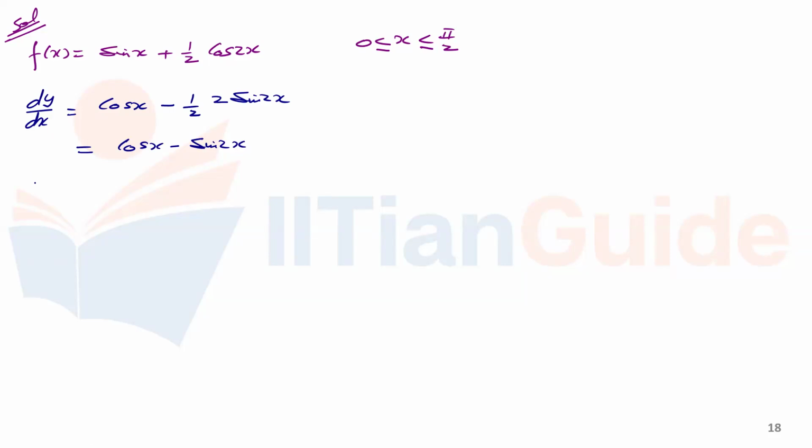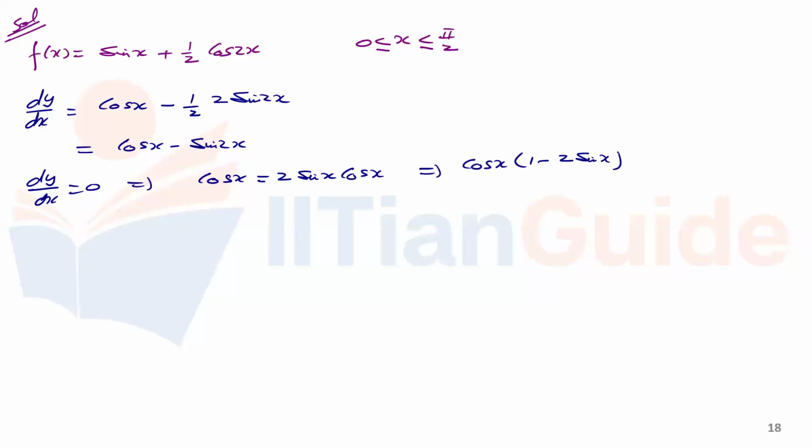I will make dy by dx to be 0, that means cos x is equal to sin 2x, that I can write as 2 sin x cos x. I will not cancel cos x, I will transfer it to the left side. So I will get a term cos x, after that 1 minus 2 sin x. Okay. If I make dy by dx to be 0,